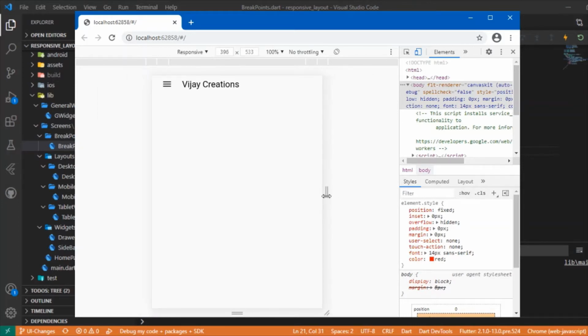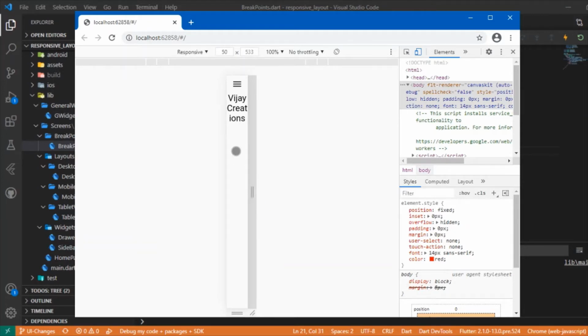And if I keep on reducing the width, you could see that the text resizes and aligns itself. At this breakpoint, you could see that the row converts into a column. And if I keep on reducing the width, you'll see that the text fits into the place.